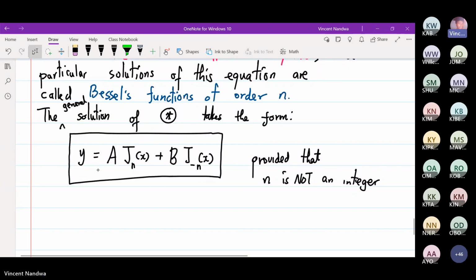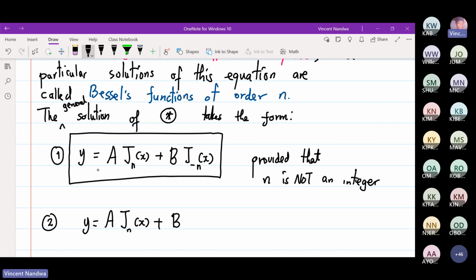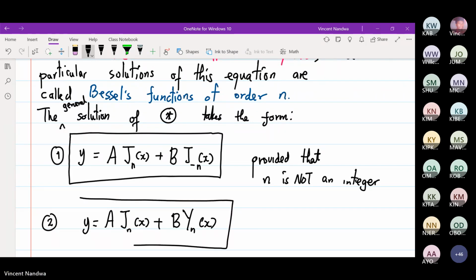The other form will be y equals a J n of x plus b Y n of x, n not an integer,